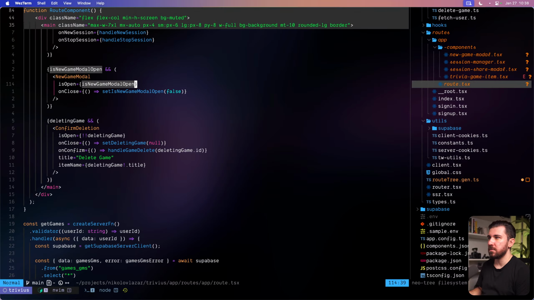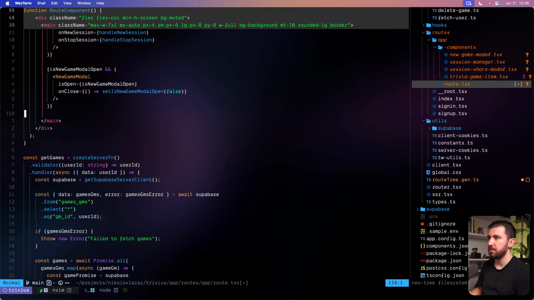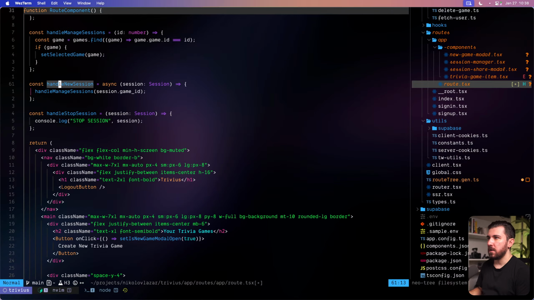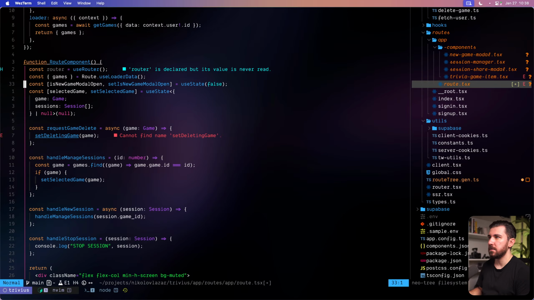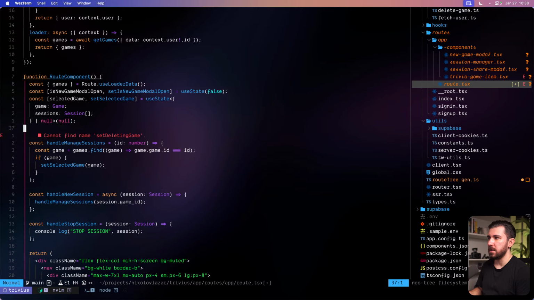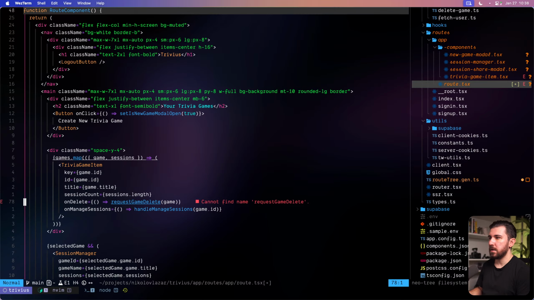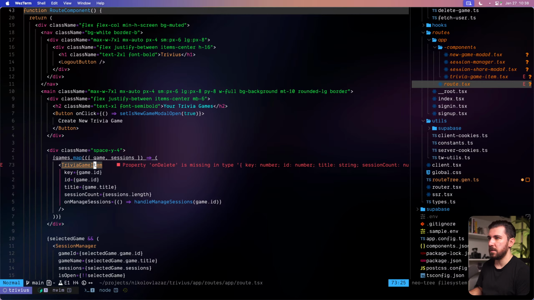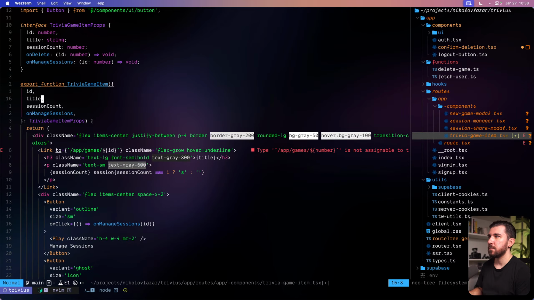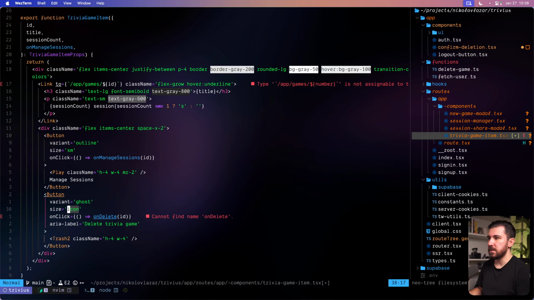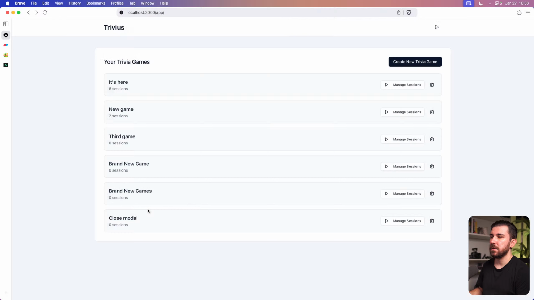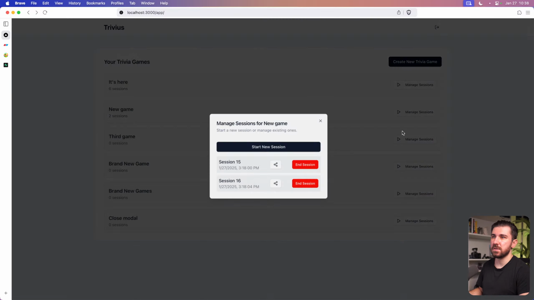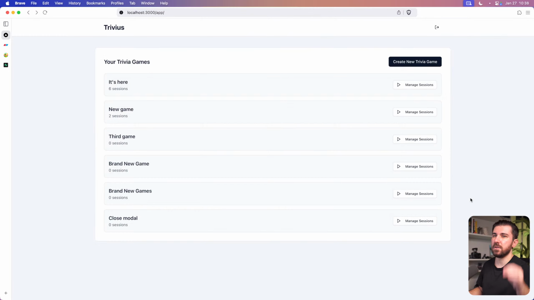Just gonna get the deleting game out. Where's the deletion? Out, out, out. There we go. We don't even need a router now. Don't need this as well. And don't we need this as well. So the trivia game item is not going to have a way to delete. The game is just gonna have the manage session and that's it. There we go. These are the games. We can manage the sessions on each of them. We can also do that